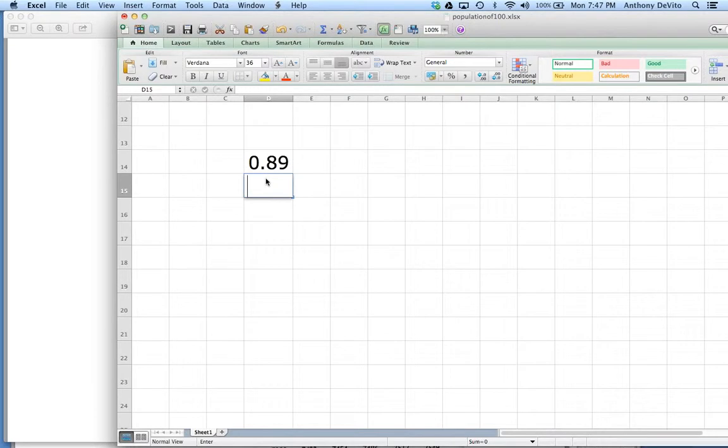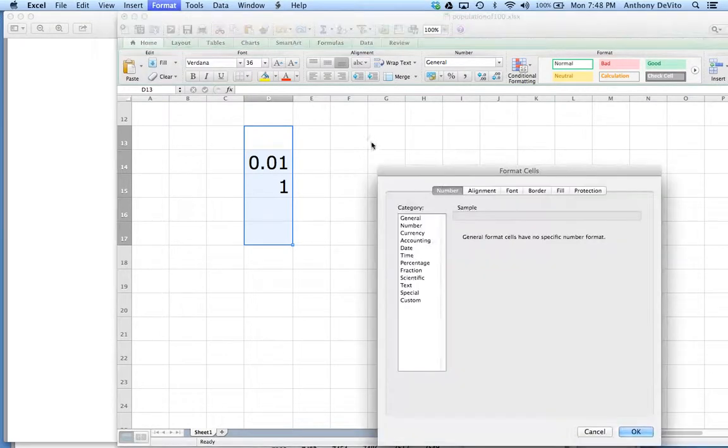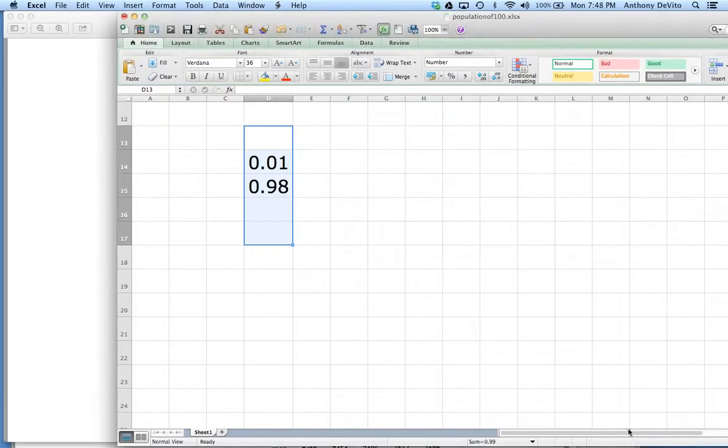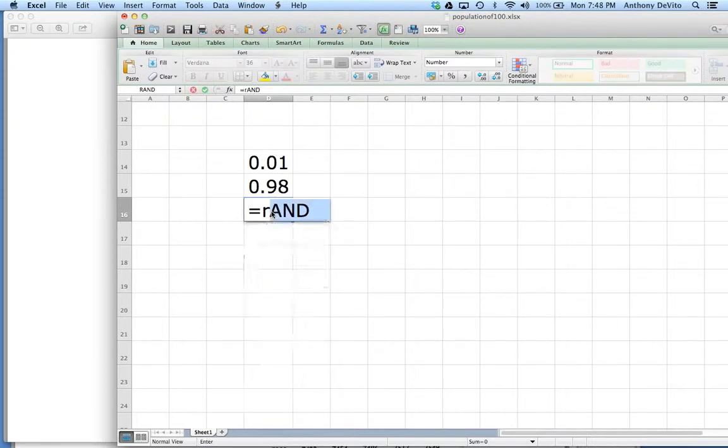If I click in there again and do it down here, equals RAND, parentheses, it actually gives me a new random value. I'm going to do a few numbers here. Let me give it a couple of decimal places, right? And so on. Notice every time I recalculate, it recalculates the other random numbers as well. So in one case it was 1, one case it was 98, equals RAND, parentheses. Let's see what I come up with this time. 93, 47, 65, 93. So these are a series of random numbers generated by Excel.